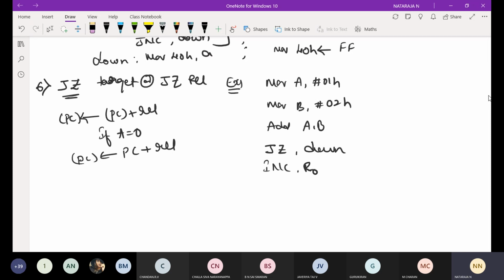This is NOT comma, increment or not, that's it. And then the label down is move 40H comma A, and the program ends. Trace this program.